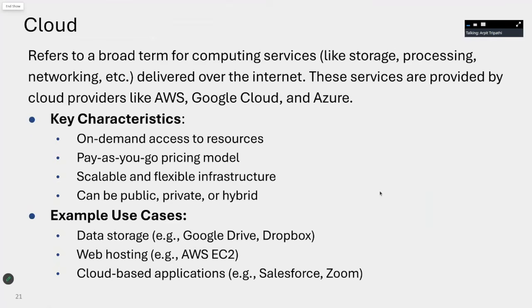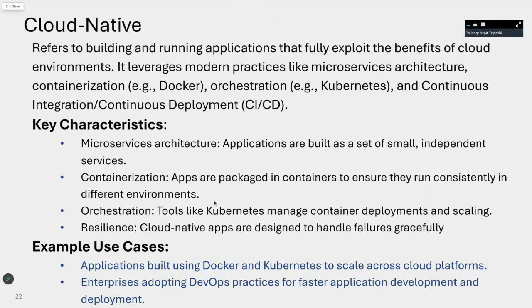that will be utilized for telco cloud. As we know, the key characteristics of cloud are on-demand access to resources, a pay as you go pricing model, scalability and flexibility, and it could be public, private, or hybrid. Whereas cloud native means any application or service that exploits the benefits of cloud.